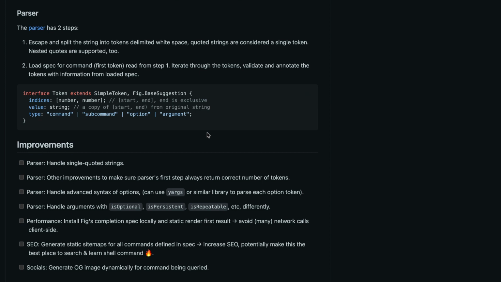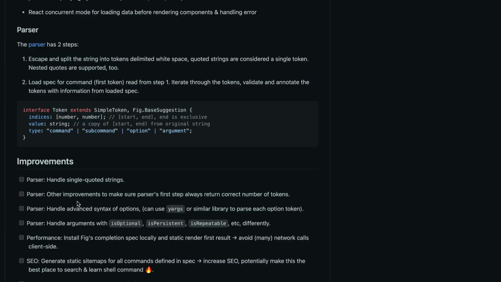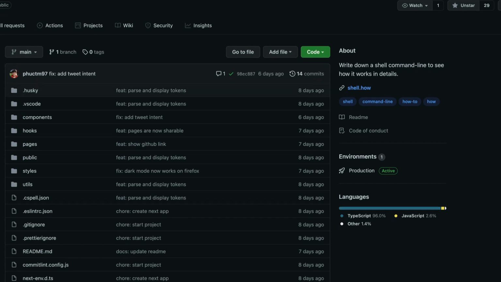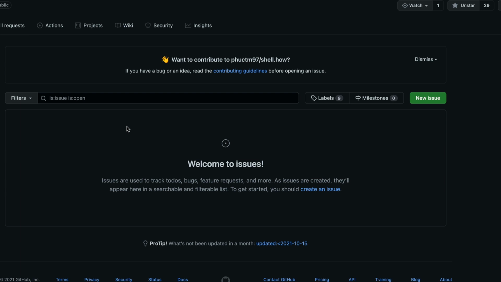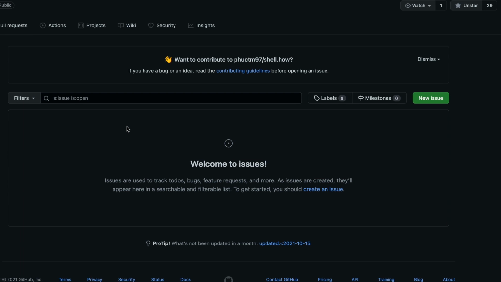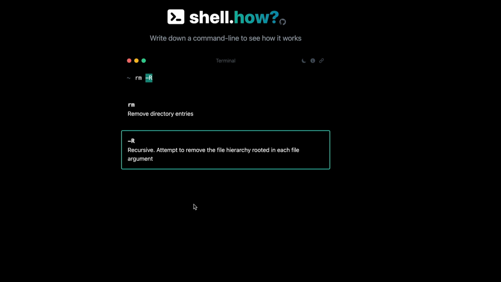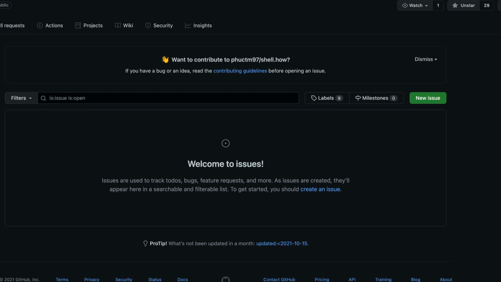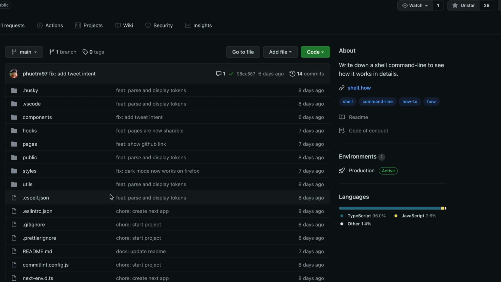And also, like I said, the developer has an interest in improving the application, so you can see a lot of improvements, like roadmaps available. But if you find something weird, something wrong, please go ahead and raise an issue, which might help the developer track what things they have to improve. So it's a win-win, right? You have a web application that helps you learn something new, especially shell commands that can improve your programming or coding workflow productively. So that is a good thing. The second thing is it is also open source, which means you don't have to be worried about what goes inside, and you can understand what is happening. You can probably influence the product roadmap, and a lot of advantages are there.